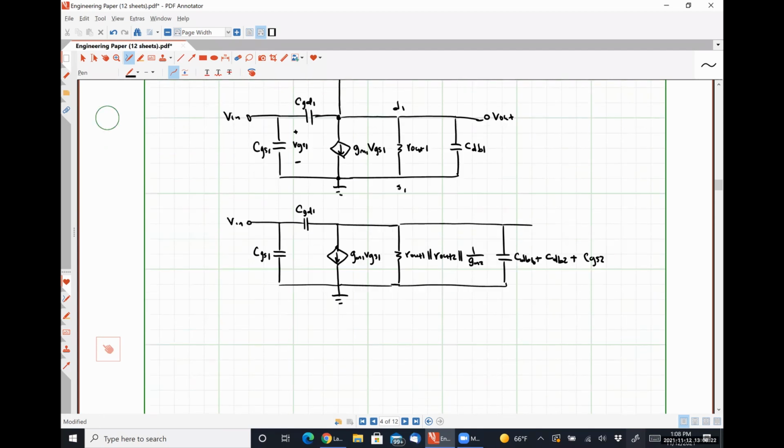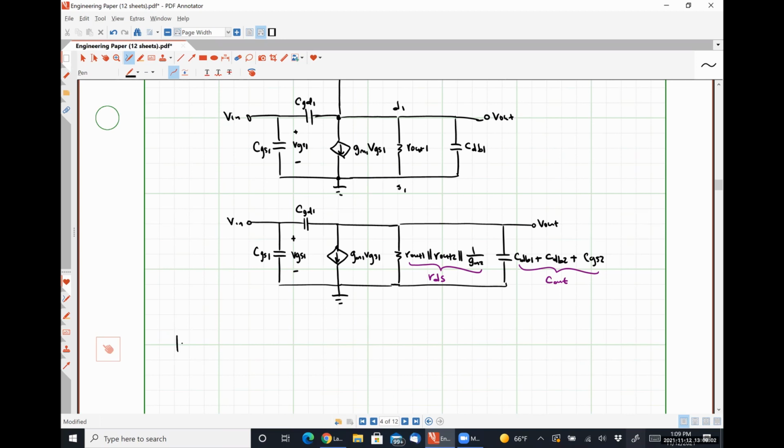Oops, don't know what happened there. Here is B out. So if we call this resistance RDS and this capacitance C out, I need to make note that this is VGS1. This is literally the exact same thing that we just looked at. So I'm not going to bother analyzing it again because we just did it. So this is obviously then going to have the same transfer function and everything, and we're going to wind up